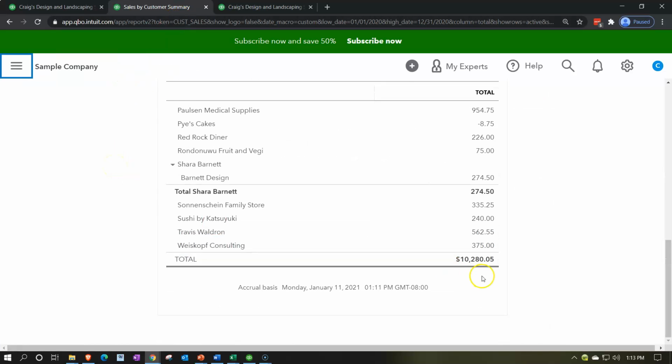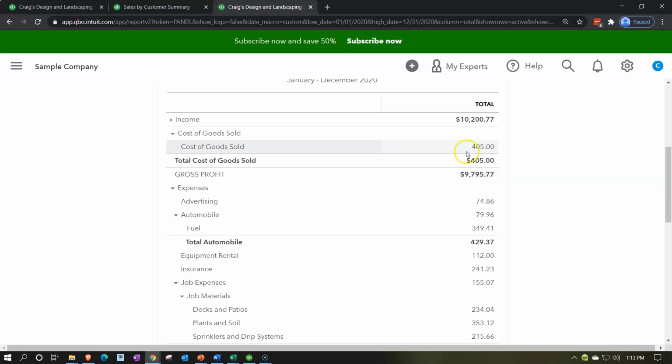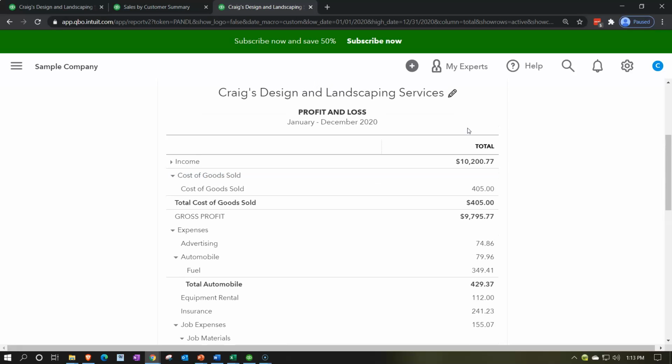Scrolling all the way down, we get the total of the $10,280.05. Note, if I go back to the income statement, we're currently at $10,288.77. So it's a little bit different there. And that's because, once again, it's not quite like the accounts receivable and the accounts payable on the balance sheet where the